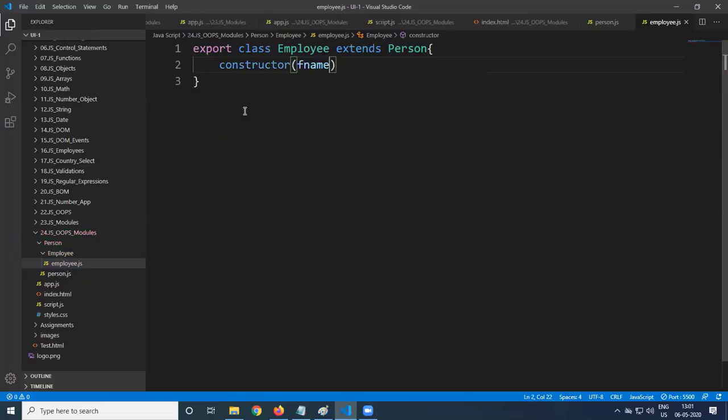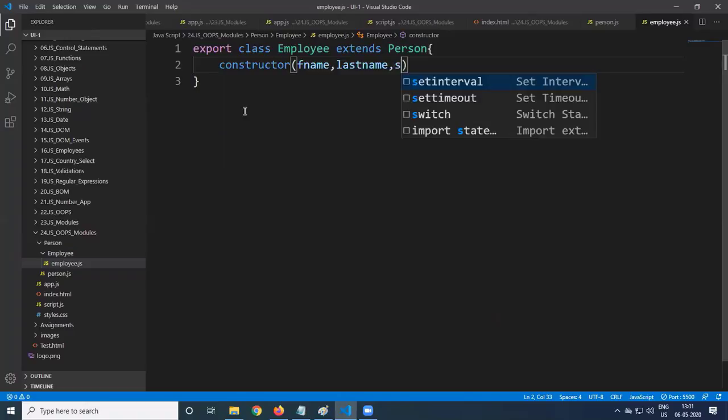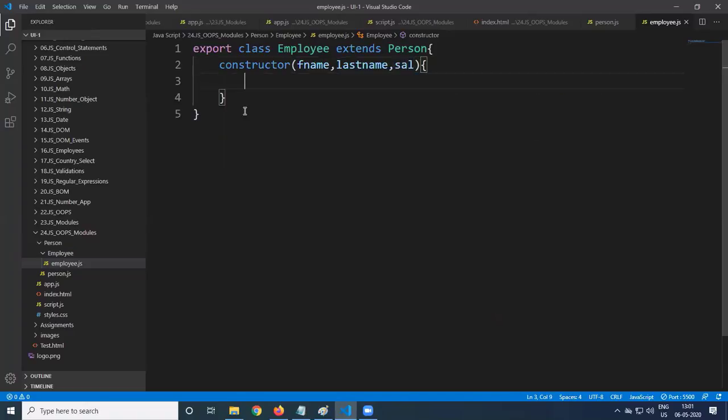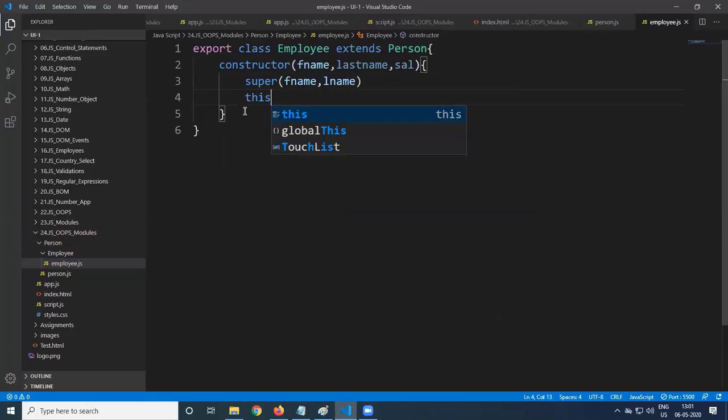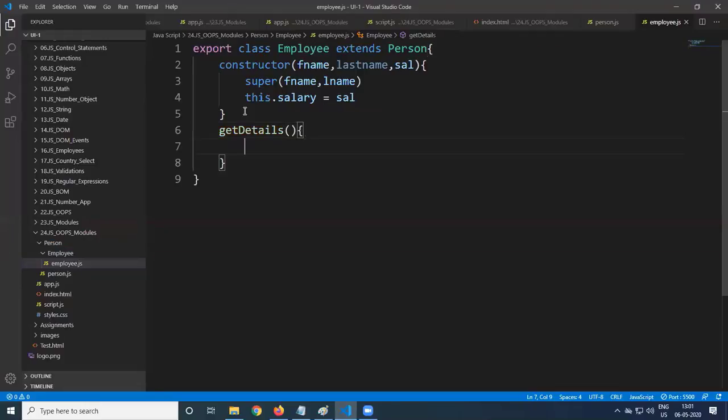So Employee has first name, last name, as well as salary. So from here I should be able to call the superclass constructor by passing the fName and lName. And also we will say this.salary is equal to sal. Constructor is done.